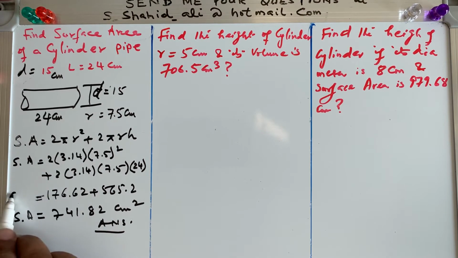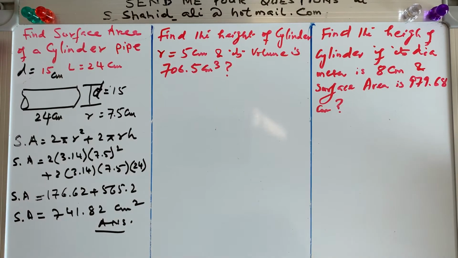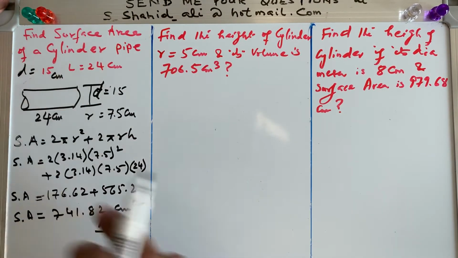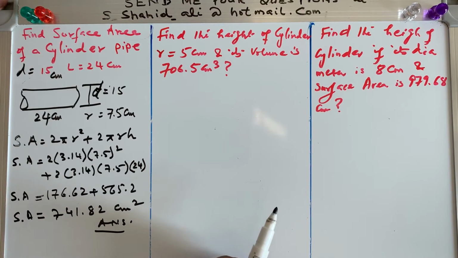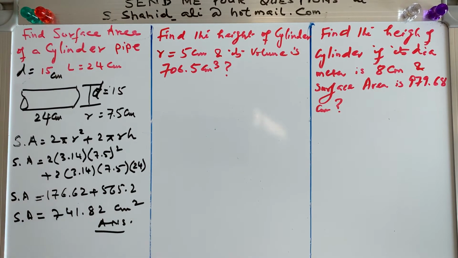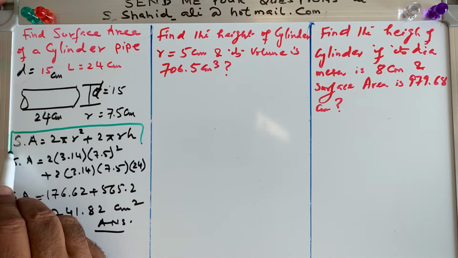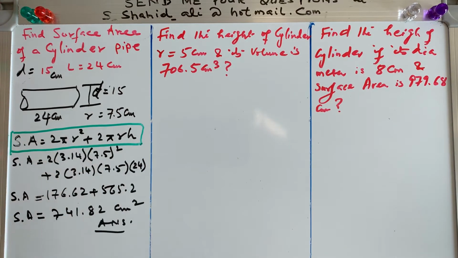So one more time I can repeat it so that the students can have it firm in their head that what we need to do. Find the surface area of a cylinder whose diameter is 15 centimeter and length is 24 centimeter. So we know the formula from our previous lecture that surface area is equals to 2 pi r square plus 2 pi r h. And how we did derive in the last lecture that we open it up as a net of the cylinder, and the net of the cylinder consists of 2 circles and 1 rectangle, and then we put the dimensions and the formula.